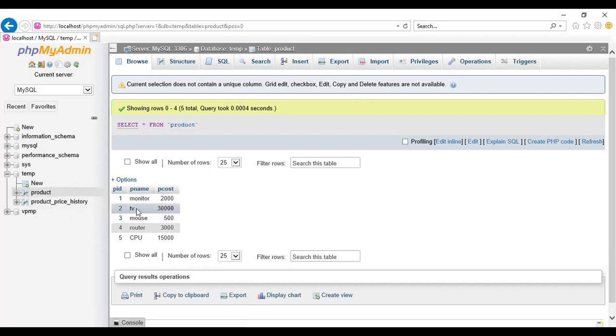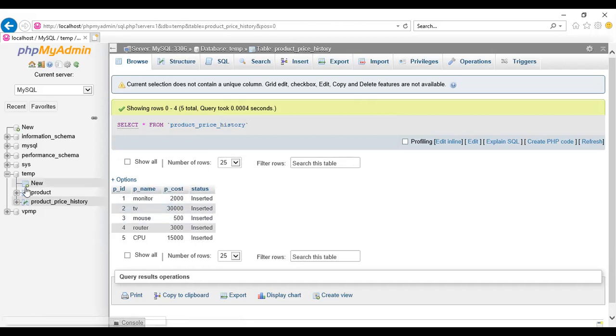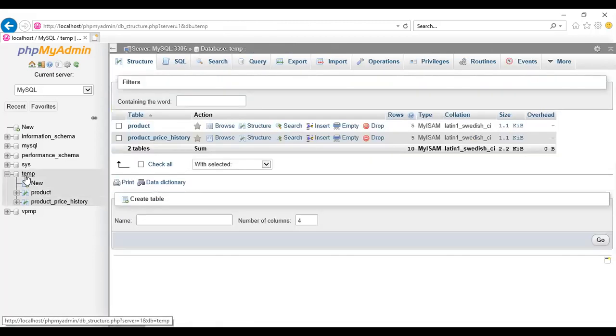That means if the cost of TV is currently 30,000, but if an update command is applied and in place of 30,000 it is 33,000, then in the product price history it will be changed and become 33,000. Okay. And at that time here, the status is updated. So for that, we have to create a new trigger.